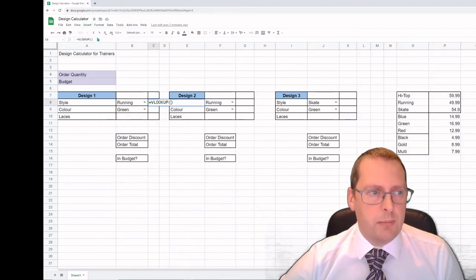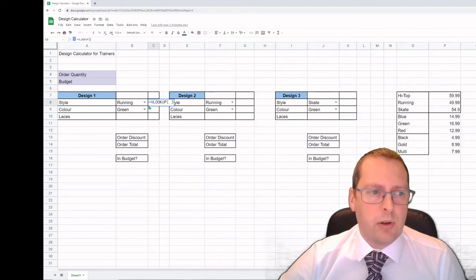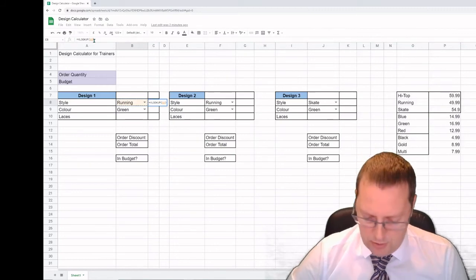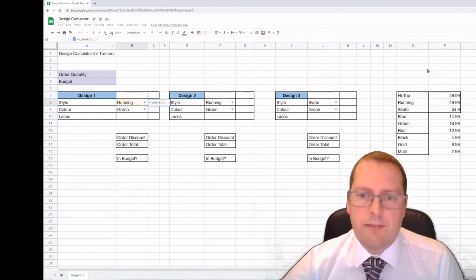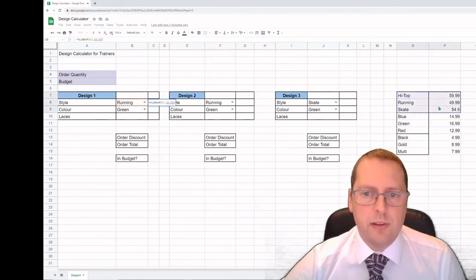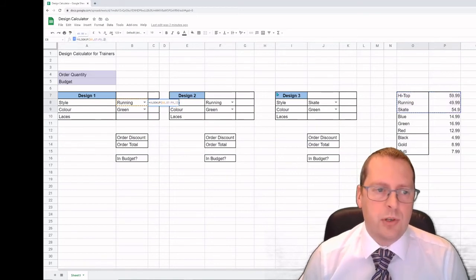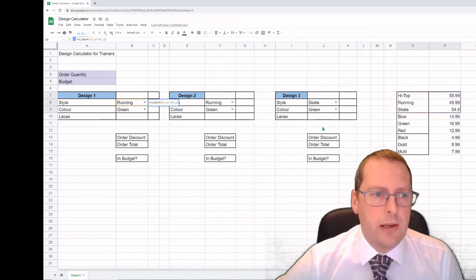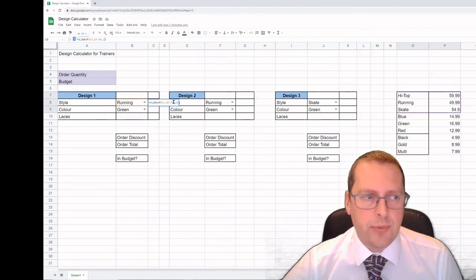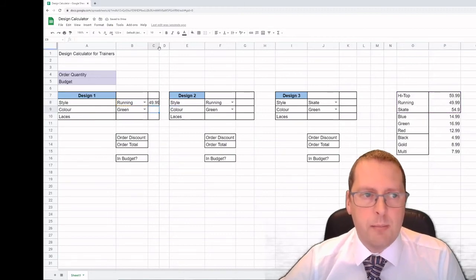So I've got VLOOKUP, and the information I'm looking for, I've clicked in the brackets, is what answer am I looking for? This one here, B8. So I've clicked that, B8, comma, then where I'm looking for the information. So I'm looking for the information from style 1, those cells there. So I've just selected those, and then I can press comma, and then I can press 2 because it's looking for the second column in there. I could change my cell range here to style 1 if I wanted to. So I've just pressed enter, and it's come up with the answer